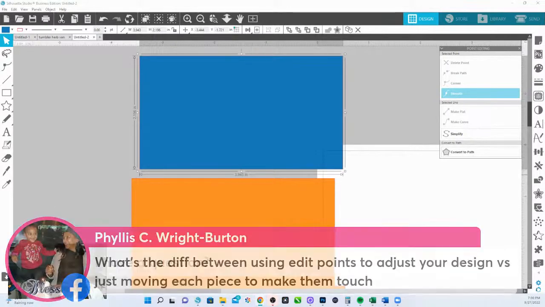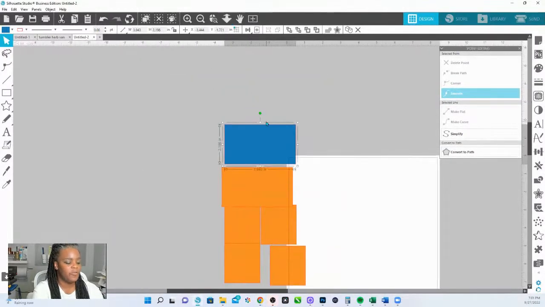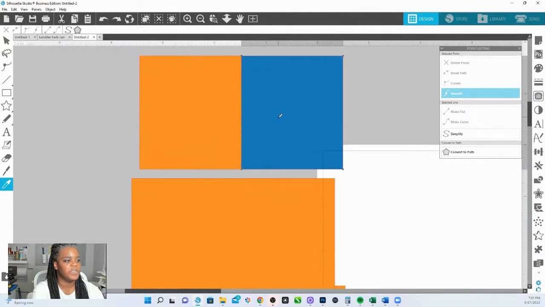All right, you have a question? Cool beans. What is the difference between using edit points to adjust your design versus moving each piece to overlap? I'm not sure if you're in the 30-day. I mean, it is different. So something like this will be easy to just overlap. So I guess if we do this, what the major difference would be is really like